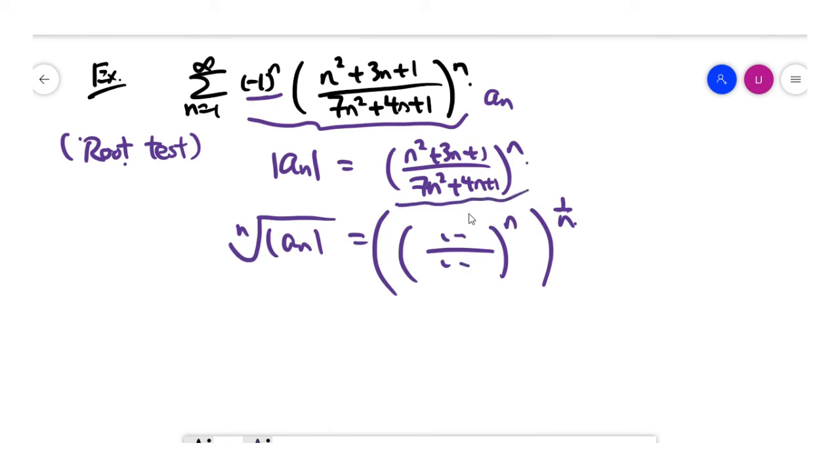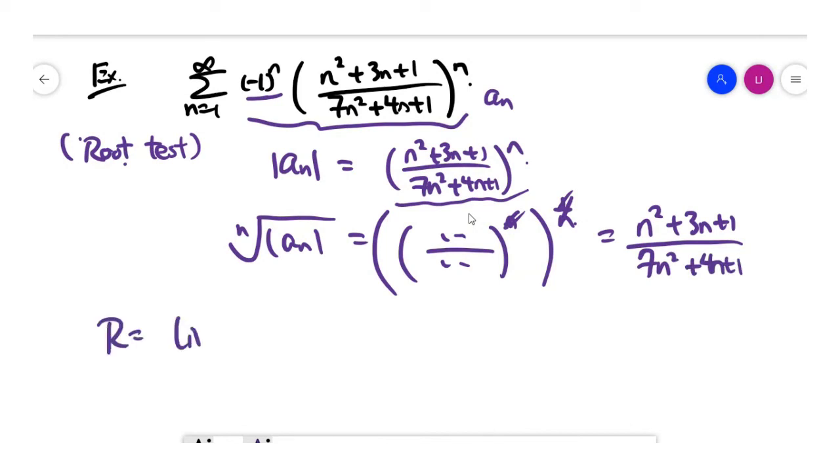As you can see, the power n is cancelled with the nth root, right? It's the same as the fact that if you have the square, it is cancelled by the square root. So after cancelling the power, you're left with the fraction, right? Now, the root test means you have to take the limit as n goes to infinity for the fraction you have